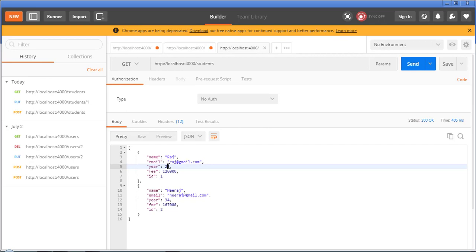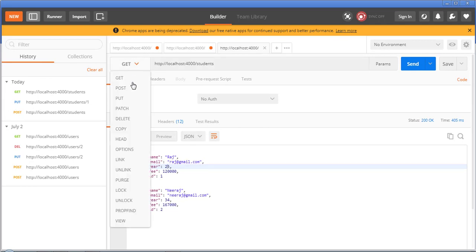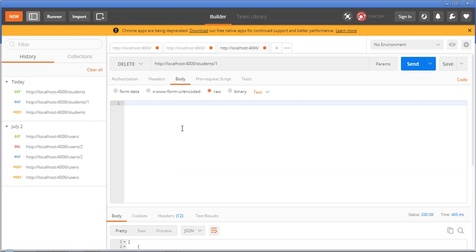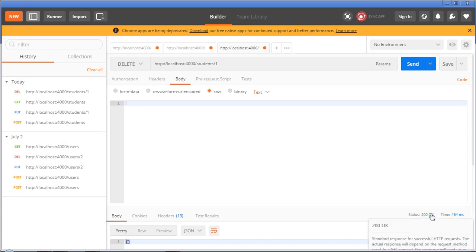Now for deletion we have to select the method called delete, and from here we have to pass the id, so here 1, and in this case we don't have to pass any body, only the URL. Now let me click on send, and as you can see in the result I got empty, and the status is 200.